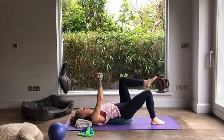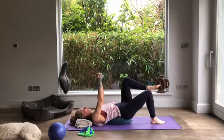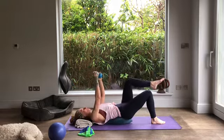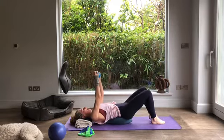The more you resist, the more wobbly it'll be, as you can see. I'm all over the shop on this side. Some days are good and some days are not so good on the Oov. That's what you discover. So we'll do one more on this side, and then we'll add on, take the leg